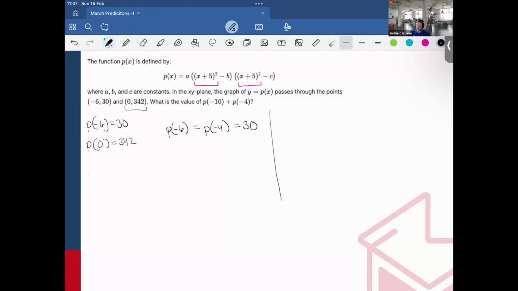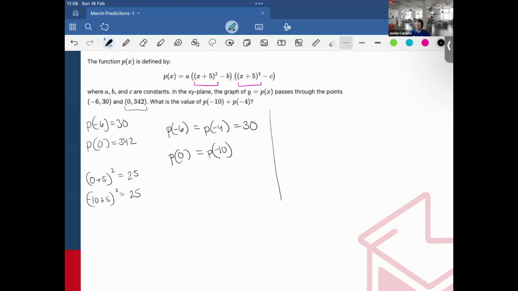How I can prove that too, because 0 plus 5 squared equals 25. And if I do -10 plus 5 squared, also has the same output of 25. So for that reason, I can also conclude that p of 0 is going to be equal to p of